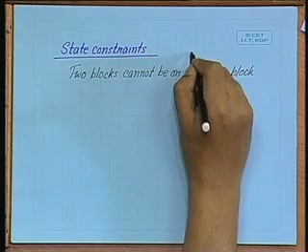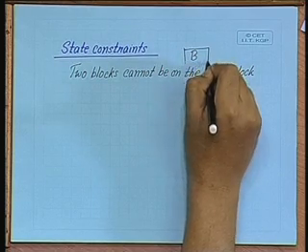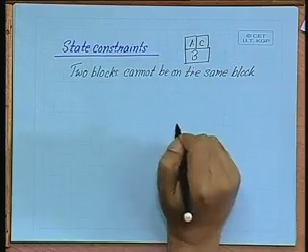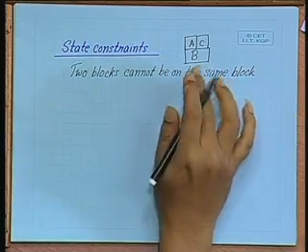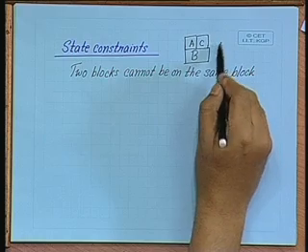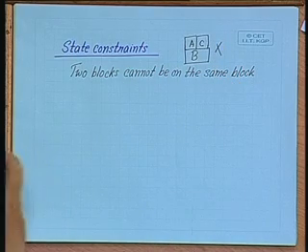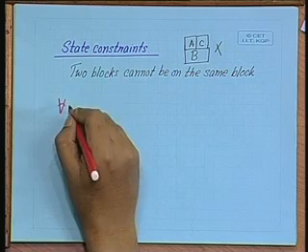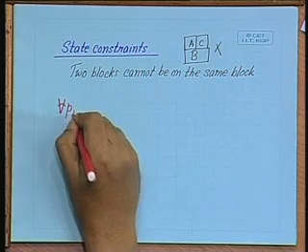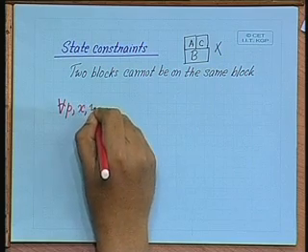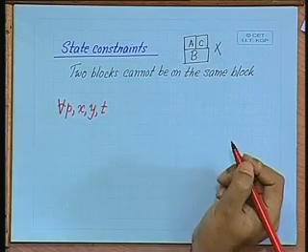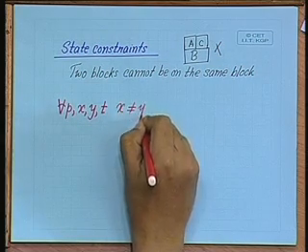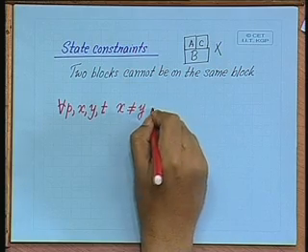which means that this is not allowed. All blocks are of the same size, we cannot allow this. So, how do we express this? We can express this in a kind of first order form, where we say for all p, x, y, t, x not equal to y implies